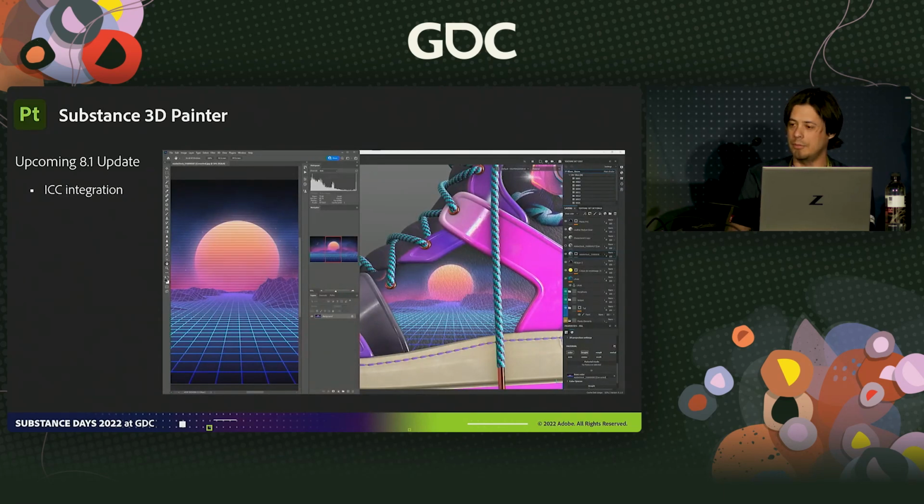Another update here in the 8.1 is, again, part of this story of continuing to round out color management. We're now adding ICC integration. This is actually more for the product design domain. The example on the left is an image that was made in Photoshop, and within this, the image has an ICC embedded profile. So now Painter can read that. If you take a look at the result, you get the exact same color reproduction inside of, let's say, Photoshop as you're going to get in the Painter viewport as well, because we're now reading that ICC embedded profile. Again, that helps round out our overall support for color management.